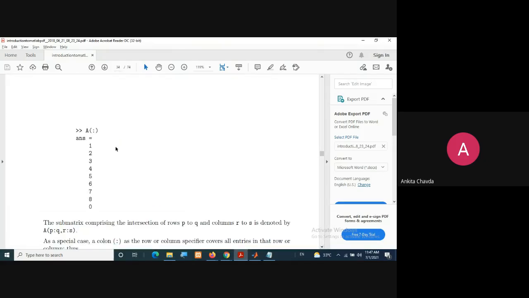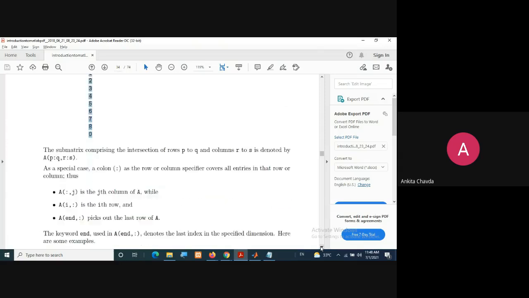Now, what I said is, if you want these elements in a column vector, you can write A of colon, so you will get all the elements in a column vector. And if you write A of 1 to end, you will get a row vector. Now here they are specifying some things we have already discussed.